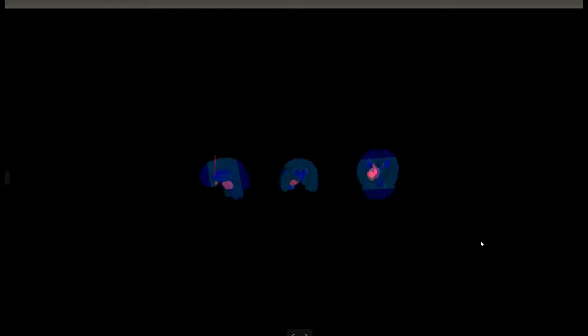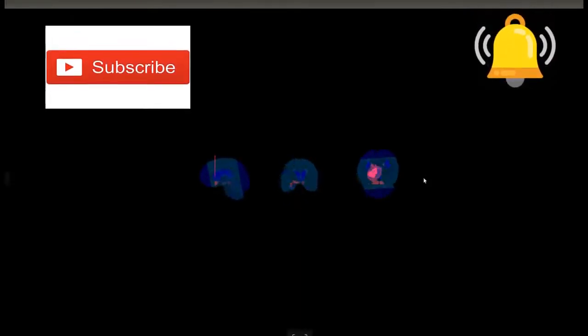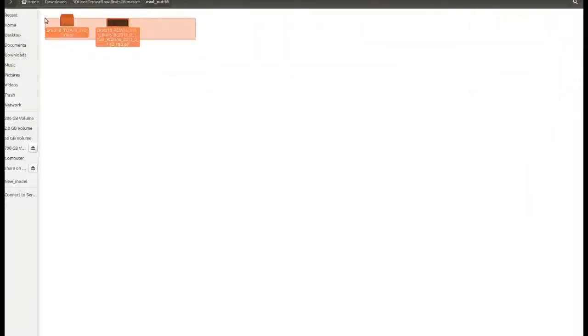As you can see here, this is the GIF output, and these are the 3D brain tumor images, created by mapping 2D images in concatenated form, and the blue portion is showing the detected tumorous portion. Okay guys, this is my output. My output will be created again after the completion of the video, and I'll show you this output again. So I'm deleting it right now.